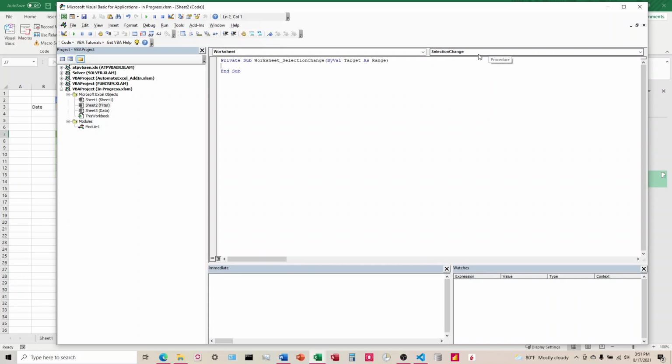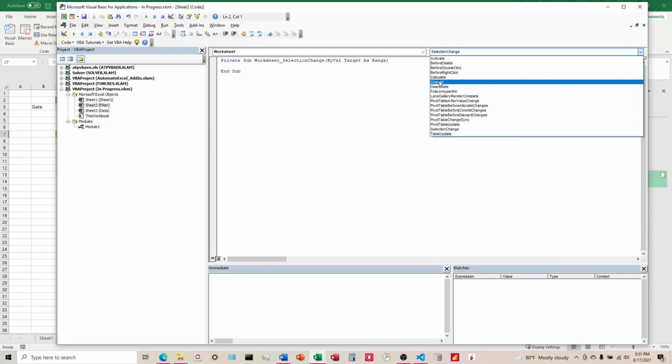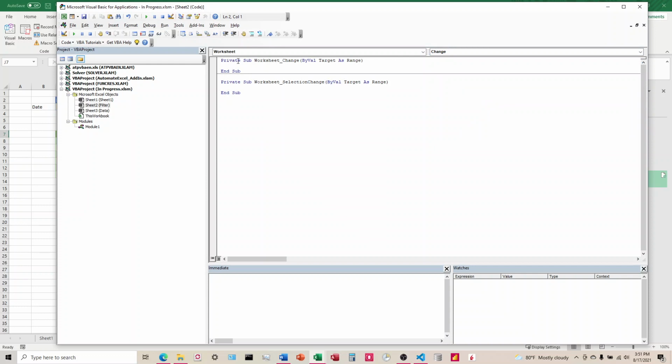We're going to come over here to the right box. We're going to choose Change. That's going to create the correct one that we want up here. And now that we've done that, we can delete this old one, Selection Change, that we don't want. So from there, we're going to enter the code in the documentation. If Intersect. I talked about this code in another video, the bidirectional cells. But what we're saying here is